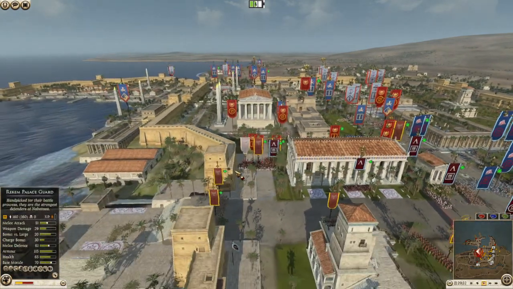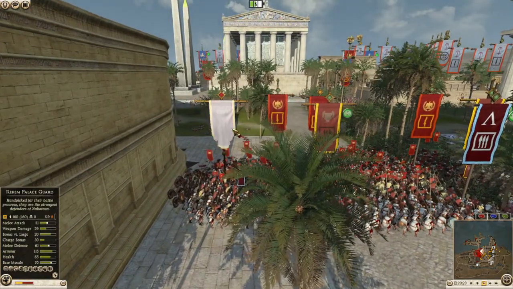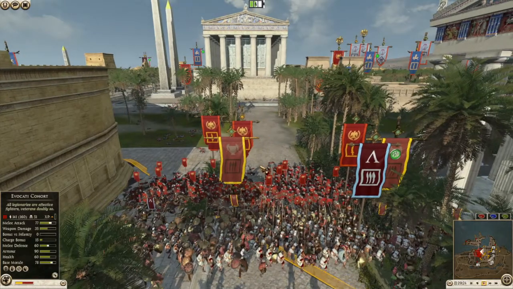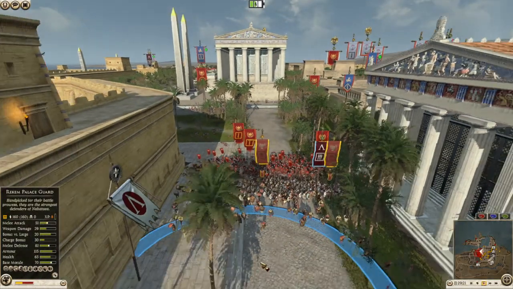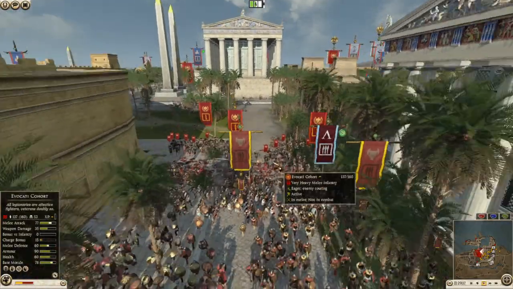So, over here, again, these guys are also out of ammo, I believe. Only 41 kills, which is severely disappointing. But there we have it. I think that I start pulling back. Yeah, I start pulling back the Rakim Palace Guard, too, because